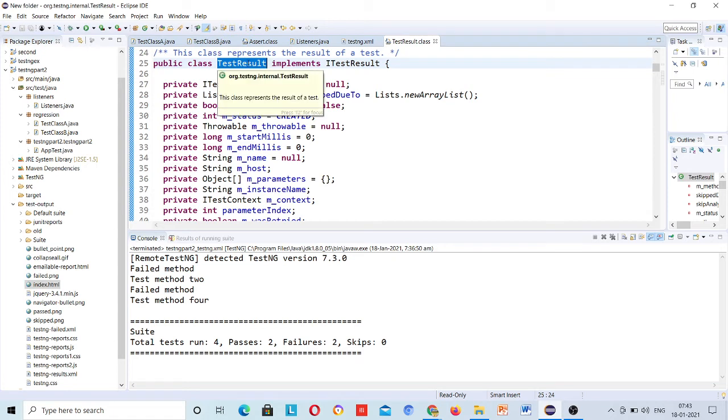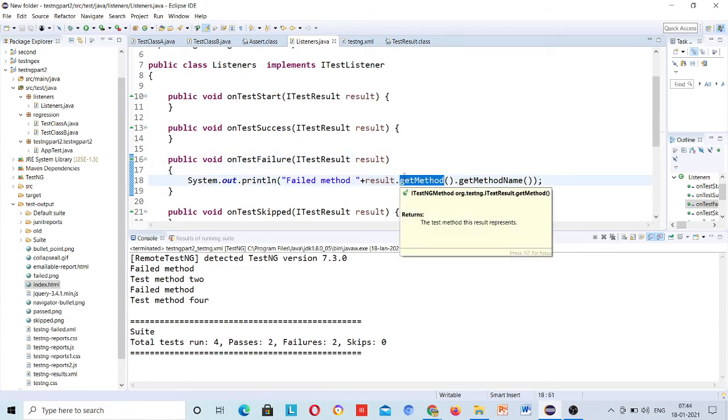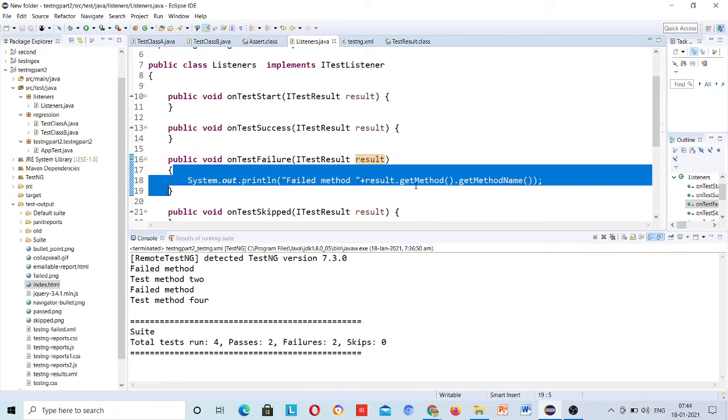Public class test results, right? So this is a class which is implementing the I test result interface. So this is the implementing class of the I test result interface. So I have to finally answer this is a class, otherwise there will still be confusion. Here this is a class, because if it was an interface, I am calling object dot method, and an interface doesn't allow us to create the object. Reference is possible, but through that reference I cannot call a method, right?